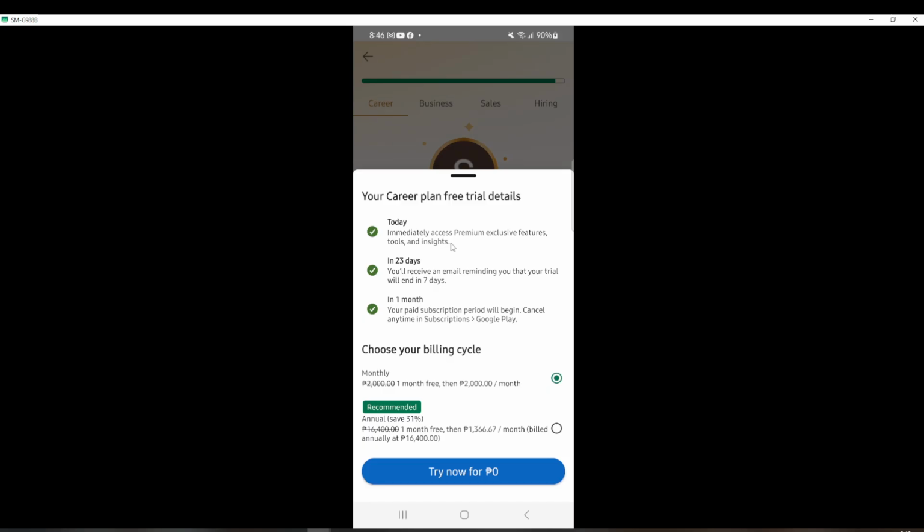Here's an essential part to keep in mind. 23 days after starting your trial, LinkedIn will courteously remind you via email that your trial is ending in 7 days. This essentially means you have a total of 30 days to explore premium features at no cost. It's important to note that unless you decide to cancel, your paid subscription will automatically begin once the trial period ends. Fortunately, LinkedIn offers you the flexibility to cancel anytime during this 30-day window, if you choose not to continue